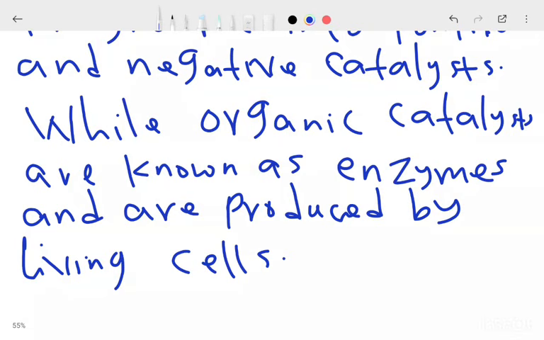That's why, from the definition, an enzyme is an organic catalyst, usually proteinous in nature,